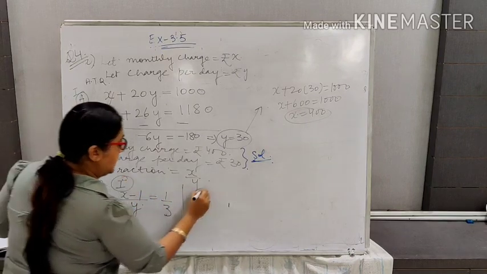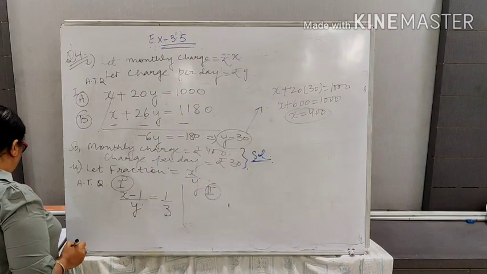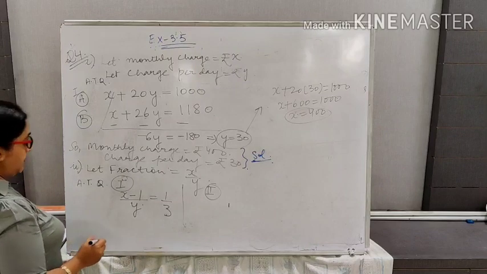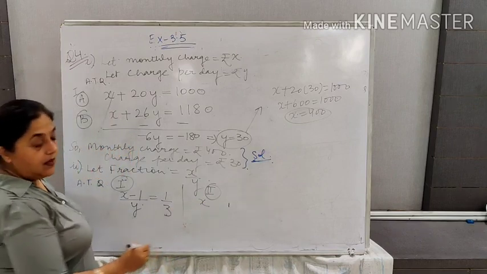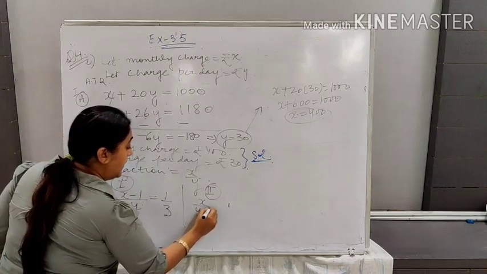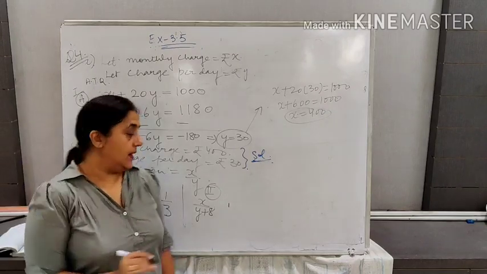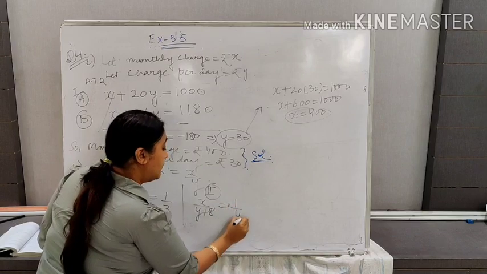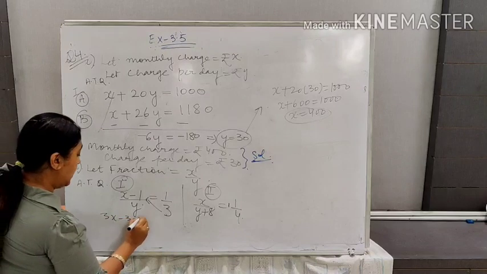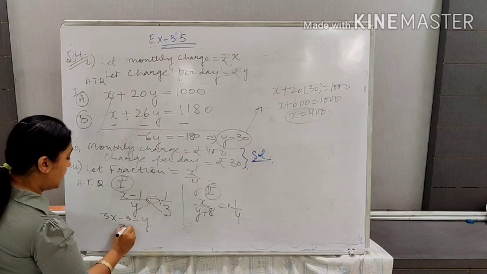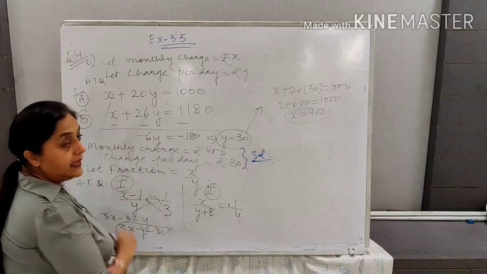And what is the second condition? Let us see the second condition. It becomes 1/4 when 8 is added to the denominator. That means the numerator stays the same and you added 8 to the denominator. In that case the fraction becomes 1/4. You write it here, 1/4. Now cross multiply this. It will be 3x minus 3 is equal to y. So I have 3x minus y minus 3 is equal to 0 as one linear equation.